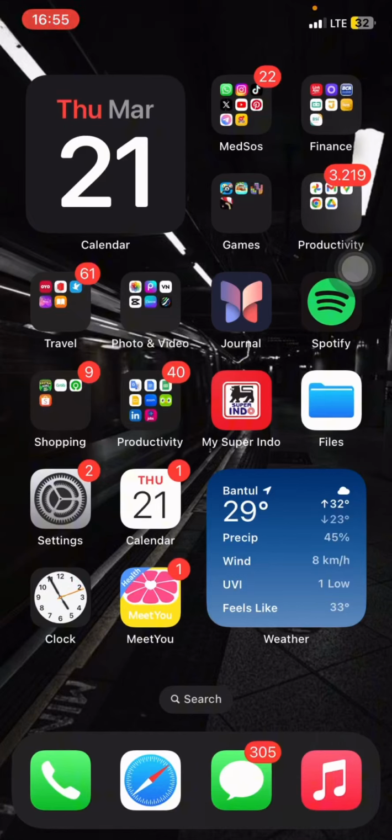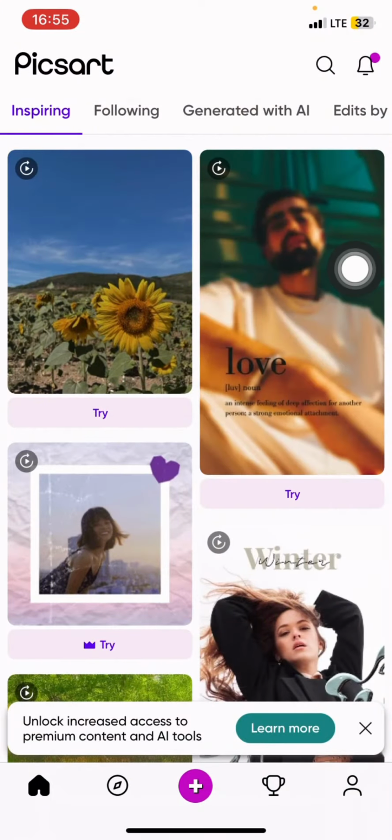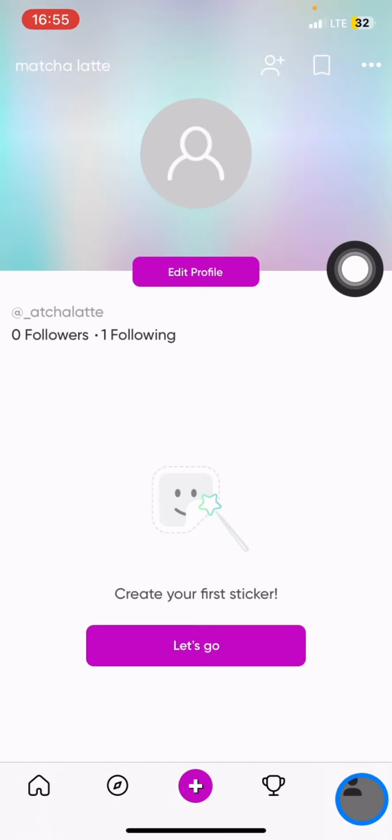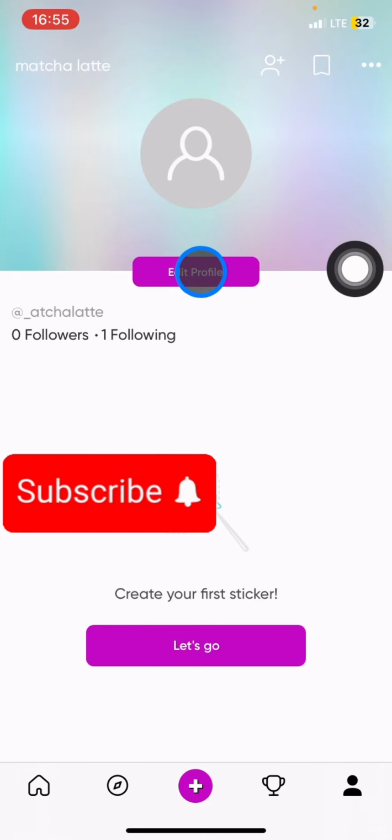So in this video I'll show you how to change the username of your Picsart account. The first thing you have to do is open your Picsart, and right after that you just need to take a look at the bottom features. There will be 5 sections. Please visit the right one, which is the profile section, and now you just need to click this Edit